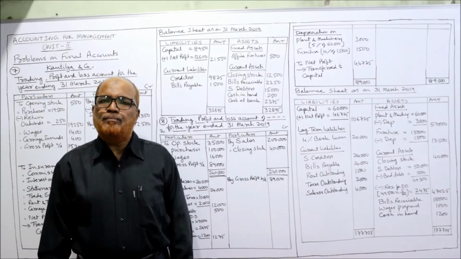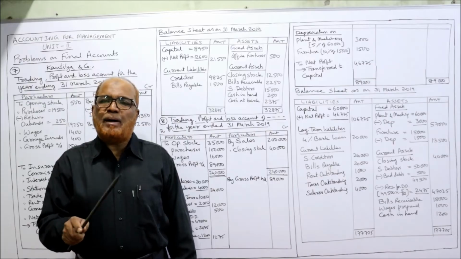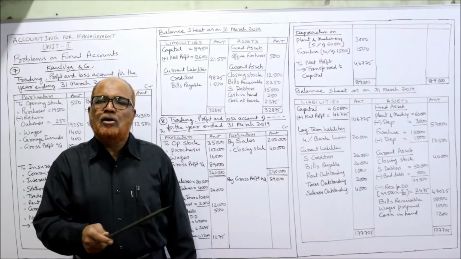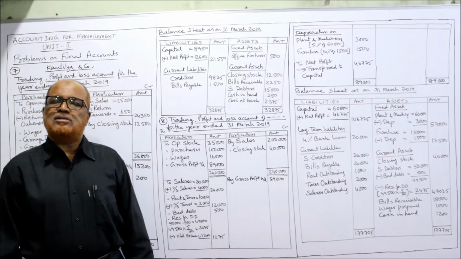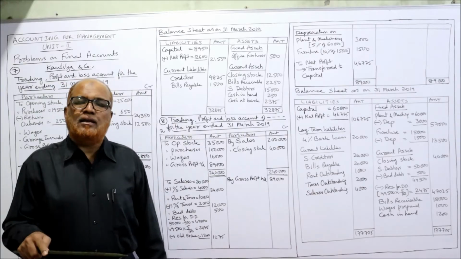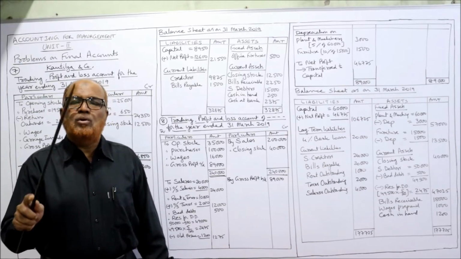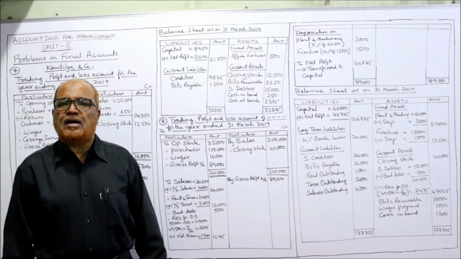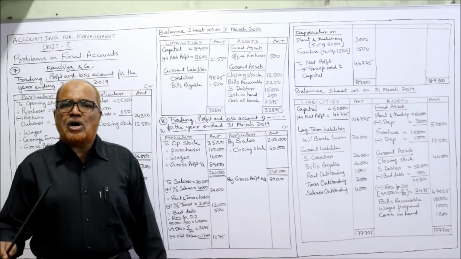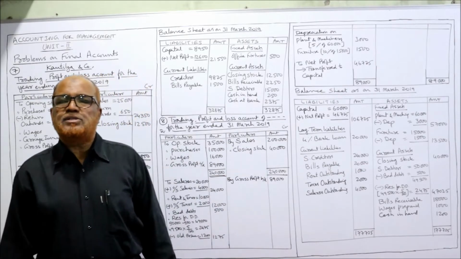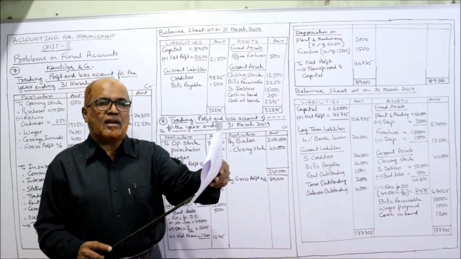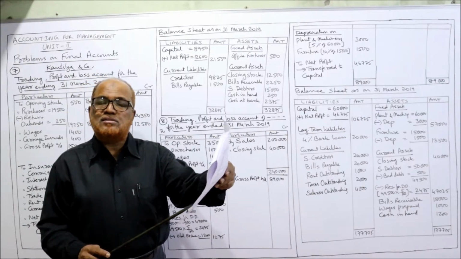So twice it will come. First of all, 500 bad debts should be taken on the debit side of profit and loss account. Again, this 500 bad debts will be deducted from debtors in the balance sheet. So after writing off 500 rupees bad debts, it is asking you to create the reserve for doubtful debts at